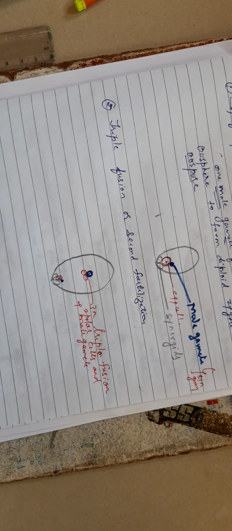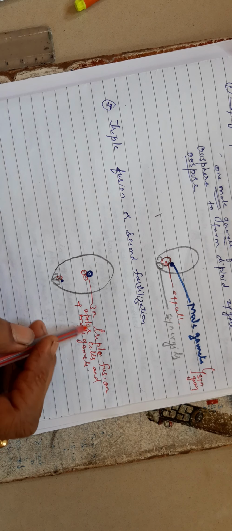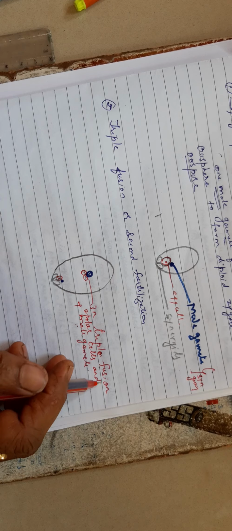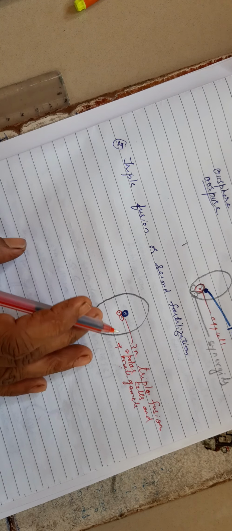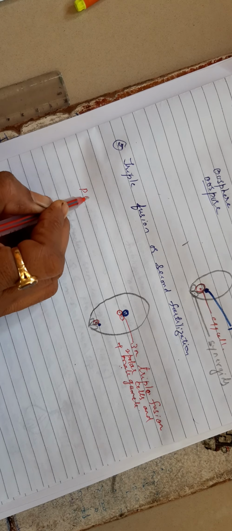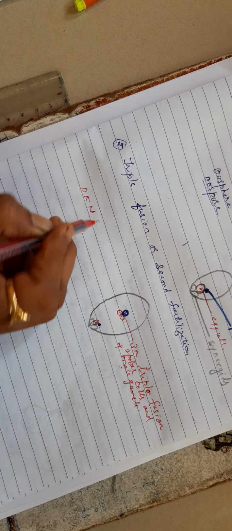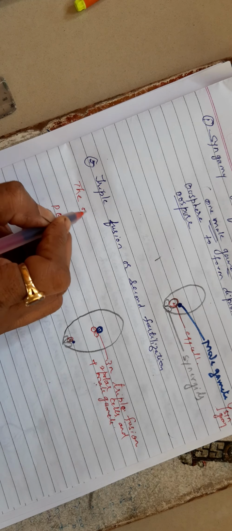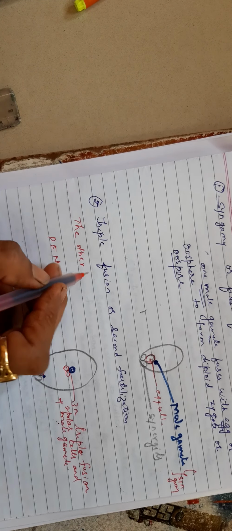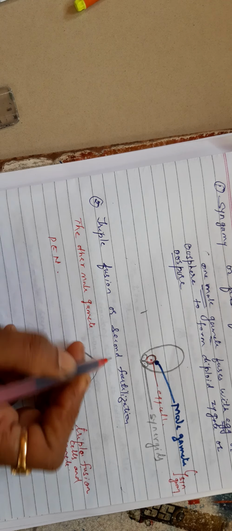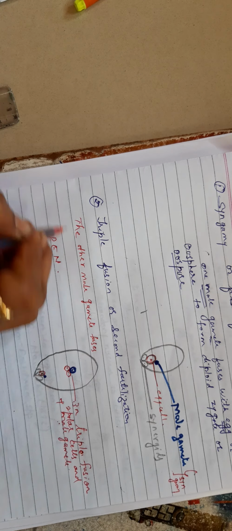So in this way the fusion takes place between the second male gamete and the secondary nucleus. This is triple fusion. Now this triple fusion is also known as PEN. PEN means the other male gamete fuses with